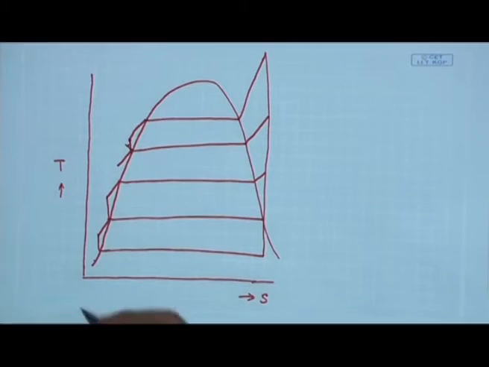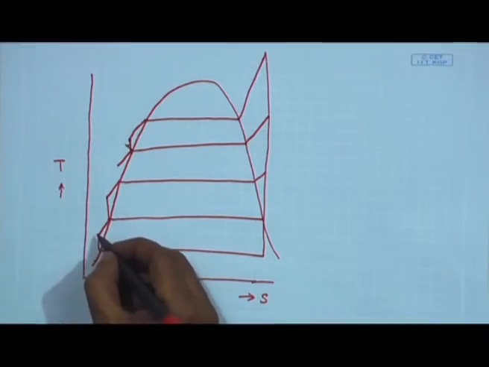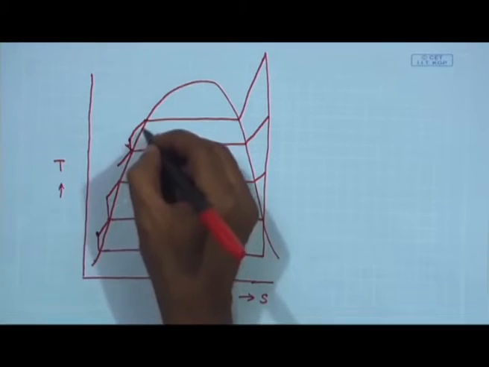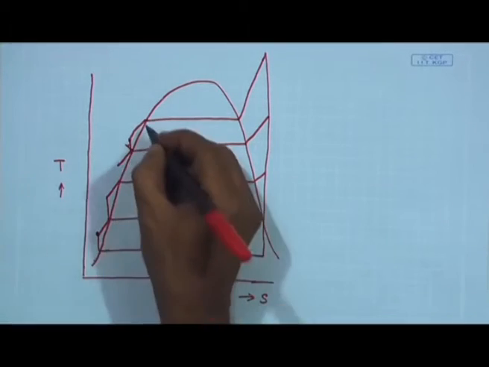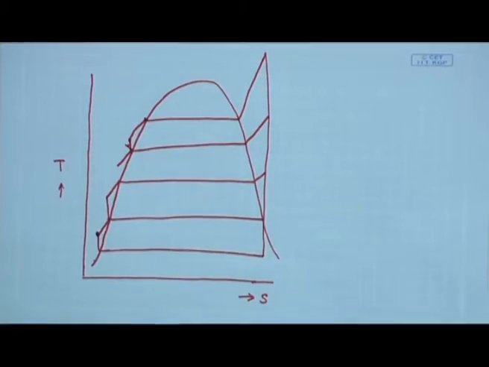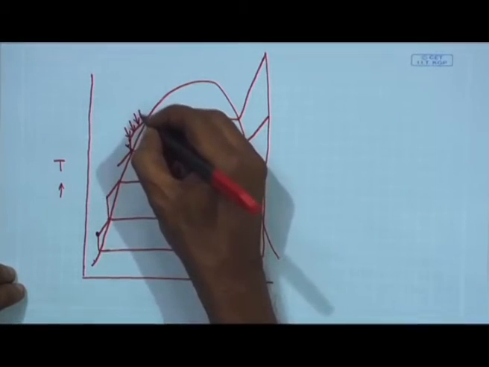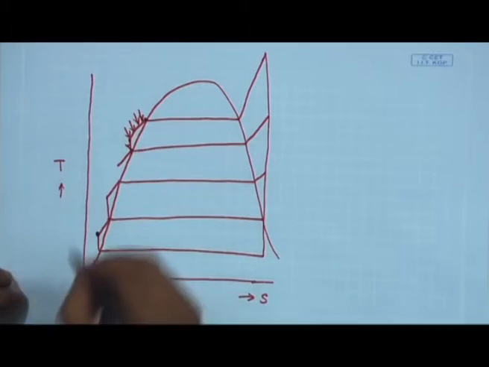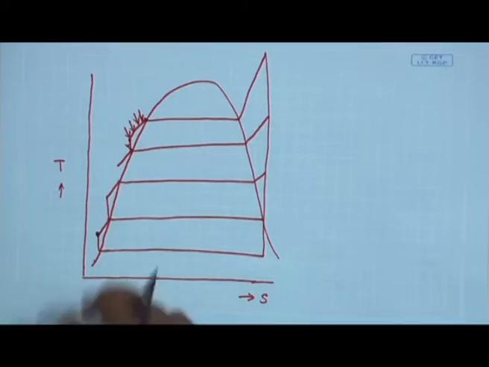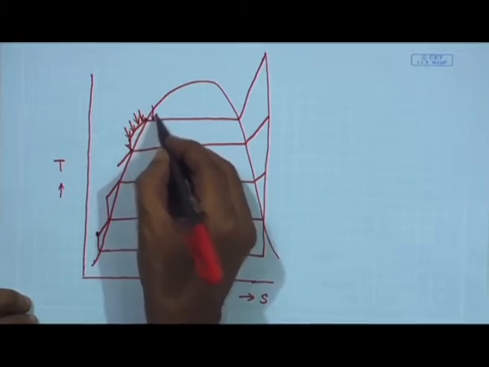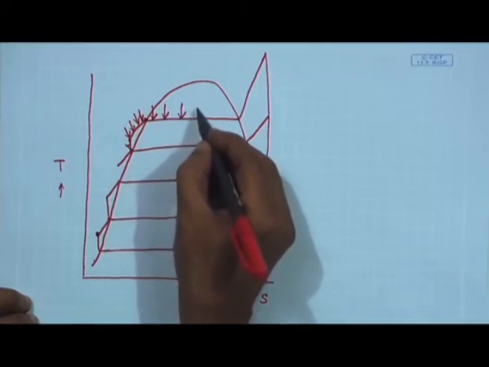So, the condensate has to be heated from this condition to this condition, and out of this, some heating of condensate is coming from the boiler. This is the heat transfer from the boiler,